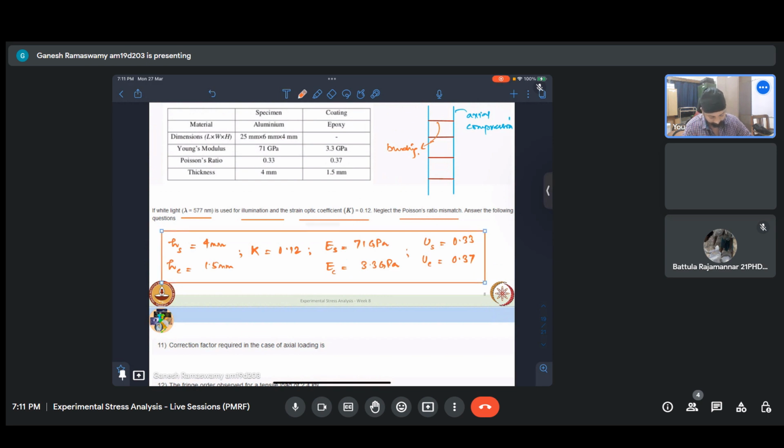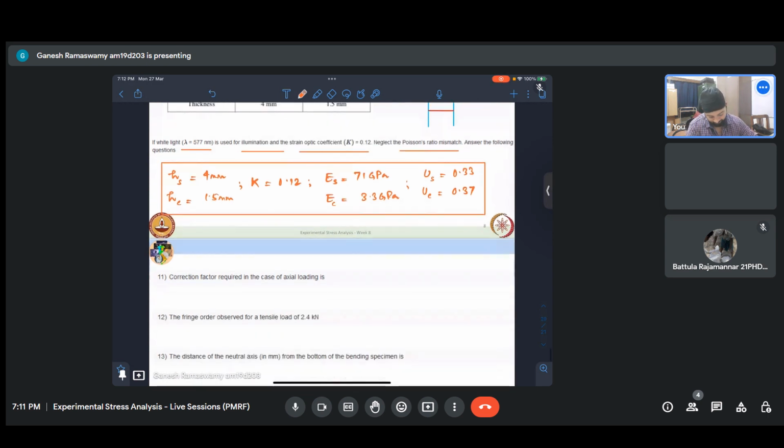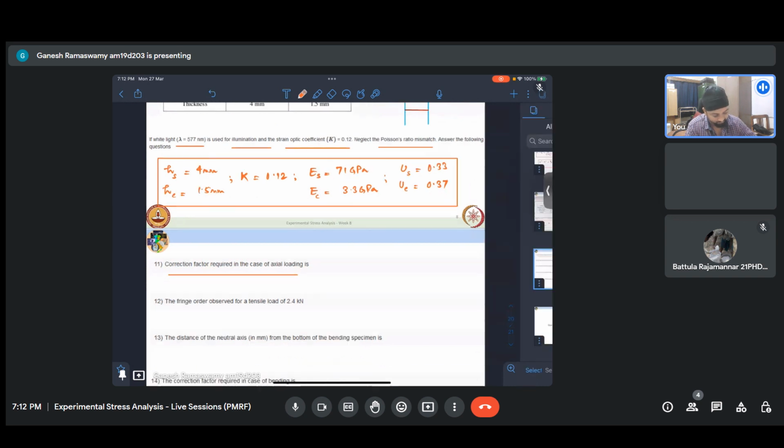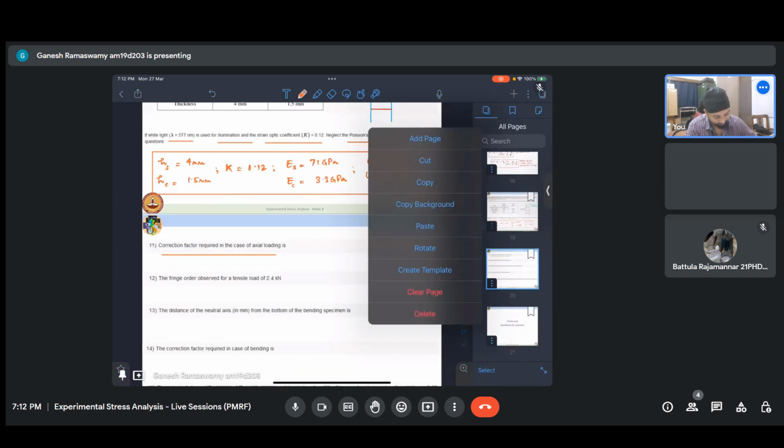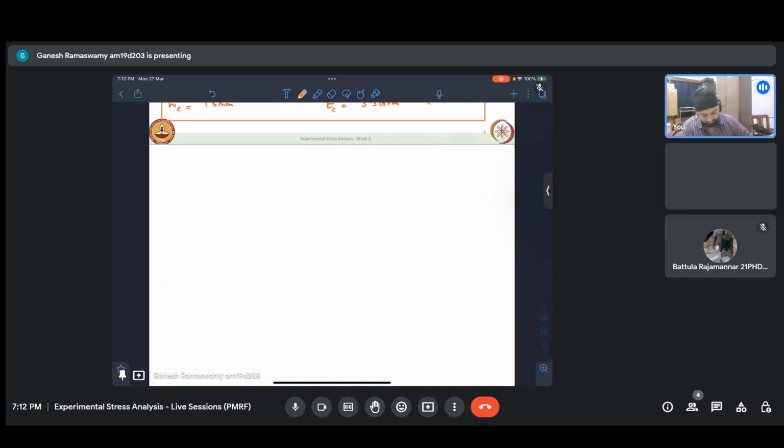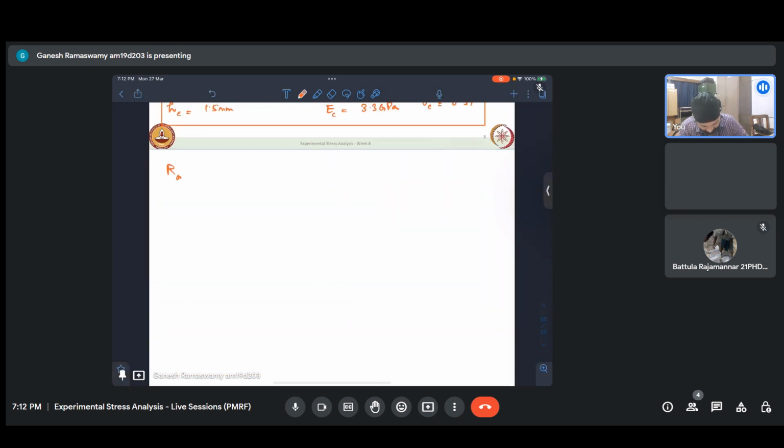Okay. So first we need to calculate the correction factor required in the case of axial loading. So let us see what it is. The correction factor in the case of axial loading is given in the lecture in detail. One can also find this in the data sheet. It is given by 1 plus HC by HS into EC by ES into 1 plus mu S by 1